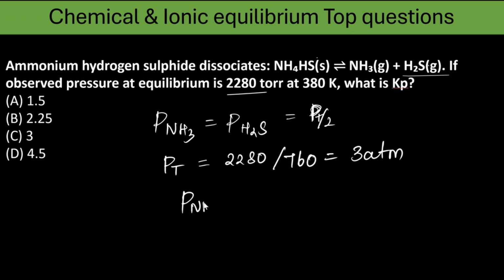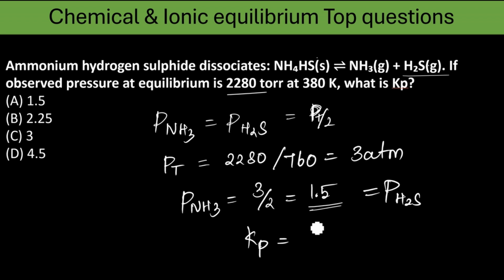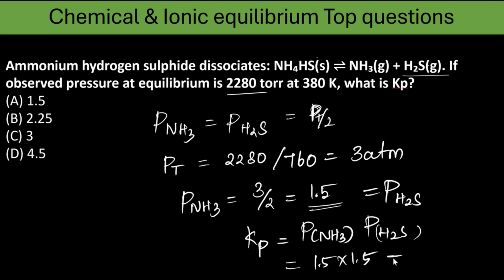P of NH3, or for hydrogen sulfide also, would be 3 by 2, which is 1.5. That is the ammonia or H2S partial pressure. Now let's calculate Kp. We take only ammonia and H2S because those two are in the gaseous state. So 1.5 into 1.5